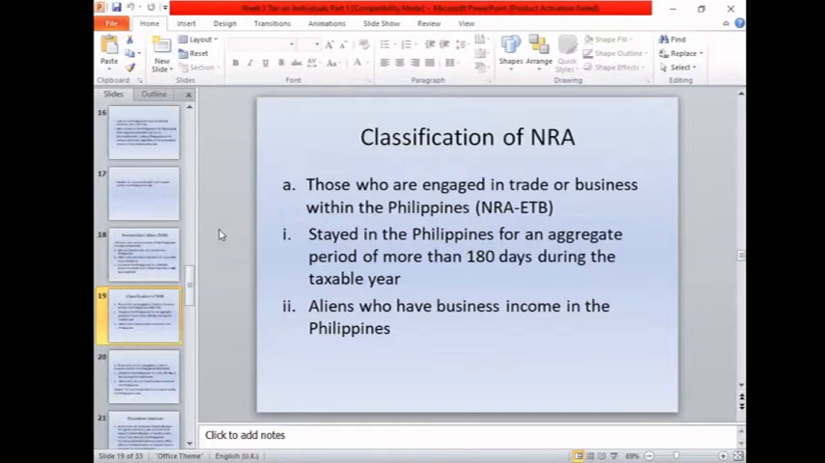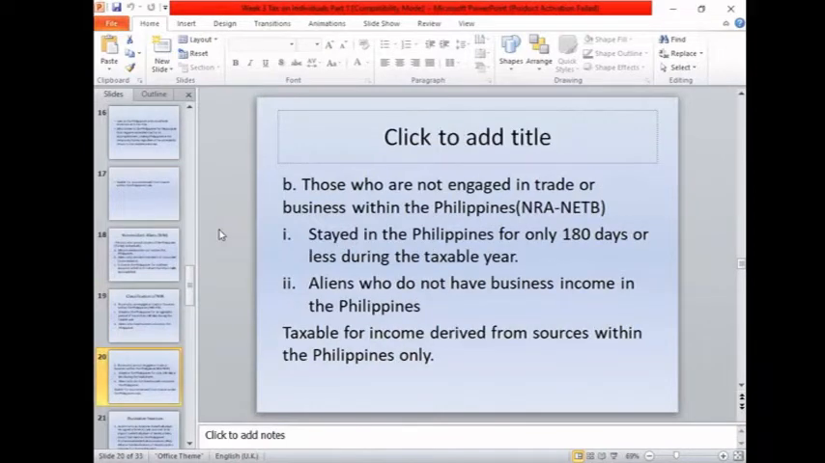And take note, these are the aliens who have business income in the Philippines. Is that possible, sir, that a non-resident alien can establish a business in the Philippines? Of course. And of course, he has a business partner. The other one is the non-resident alien not engaged in trade and business. They stay in the Philippines for only 6 months or 180 days or less